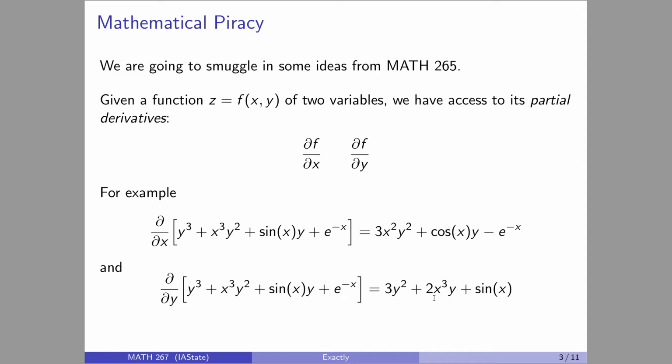You have multiple variables. Well, just take the derivative with respect to one of the variables. Ignore all the other ones. So that's literally it. Nothing special. All right. So like the derivative measures rate of change, partial derivatives also measure rate of change. But note that this measures rate of change with respect to x, and this represents rate of change with respect